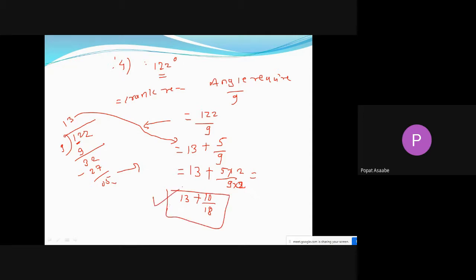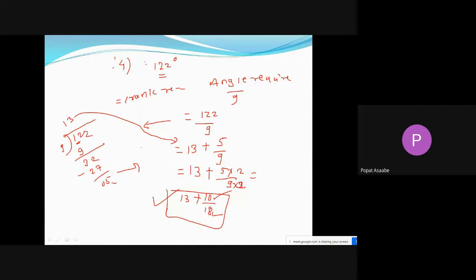It means first I have to take 13 rotations of the crank, then select the 18 number circle, and in that 18 number circle we have to insert the pin into the 10 number hole. Then we will get this indexing. Now see, this is condition 1 in angular indexing, because in this condition you observe they have given the angle in degrees.